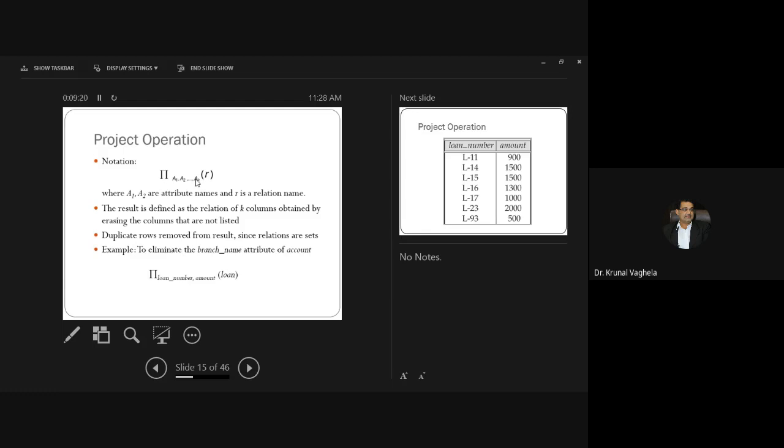If both the values are the same, then it will be deleted. Duplicate means all the values for all the columns would be the same. For example, account number and amount. Account number obviously should be different. Even if both the amounts are the same, it will not be deleted because the account numbers are different. Get my point?